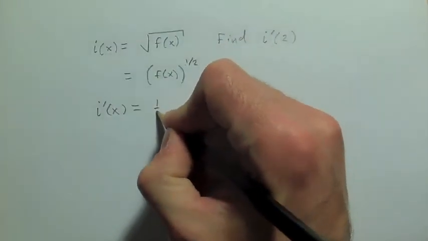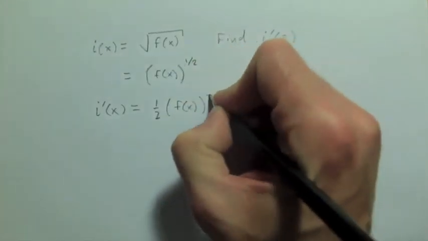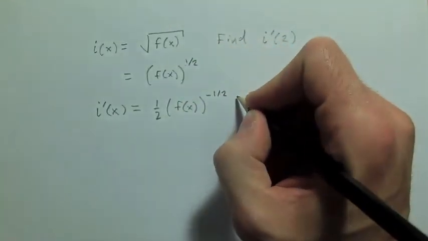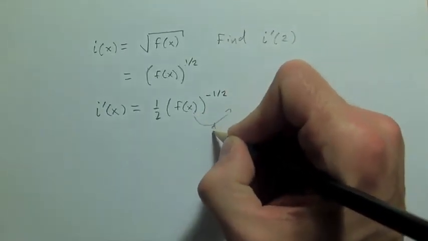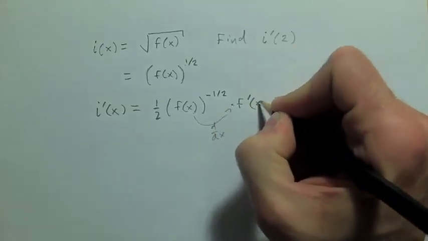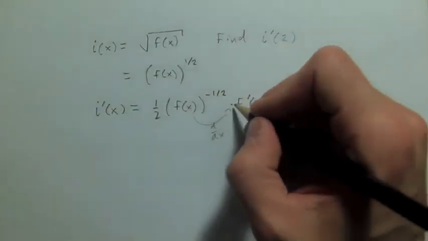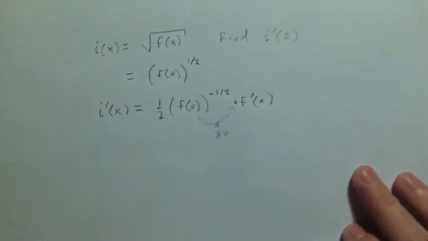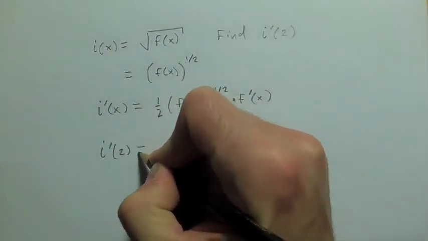So this will be 1/2 times that stuff, which is just f of x, raised to the -1/2, all times the derivative of the inside, and the derivative of the inside is just going to be f prime of x, right? Since I don't know what f is, the best I can do is just put times f prime of x. And from here, now we just go to the table, because I'm just going to plug 2 in for all my